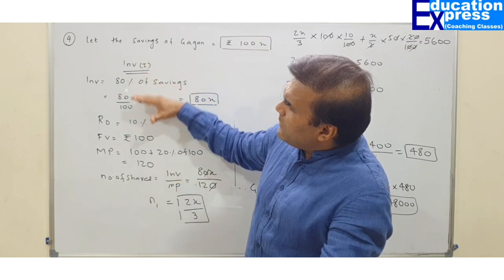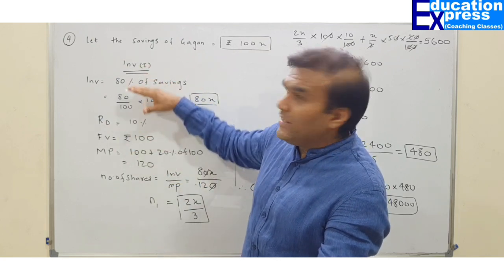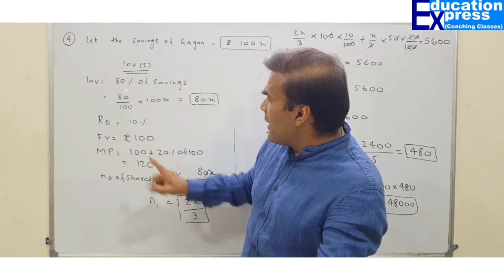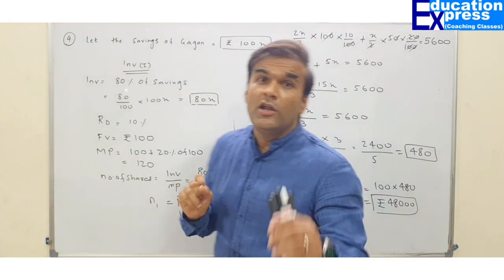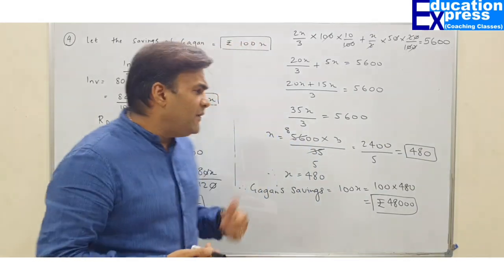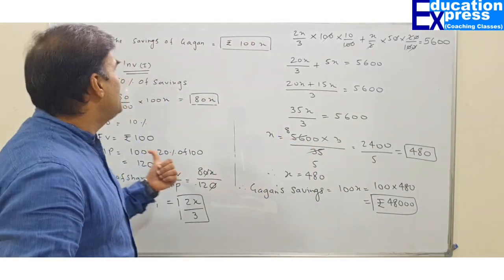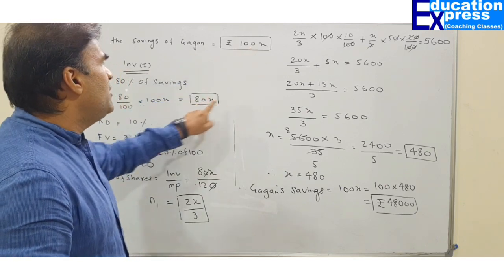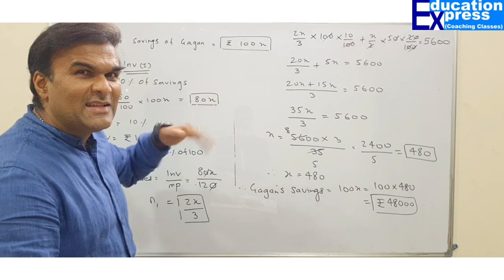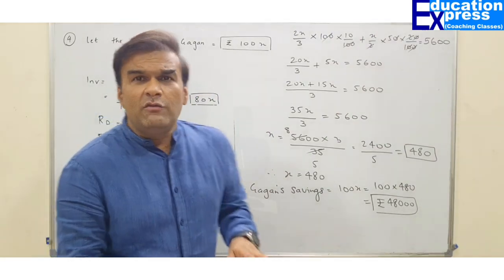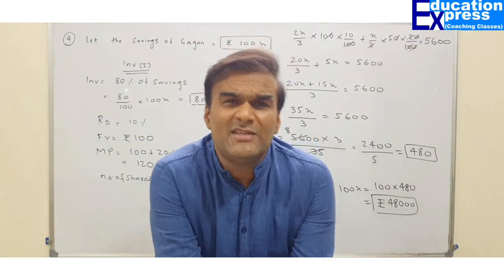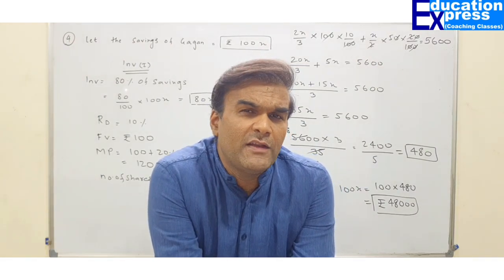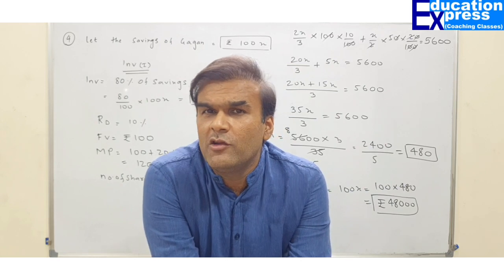The entire investment profile is available. Number of shares not available. We found out the number of shares: investment divided by market price gives the number of shares. Once you find that, the balance amount of investment would be, so 100x saving, 80 invested over here, so 20 would be invested. That means 20x in investment 2. Face value 50 given to us. We have invested at a discount. Rate of dividend available to us. Same way we can find the number of shares in the second category of investment.